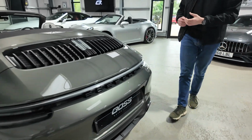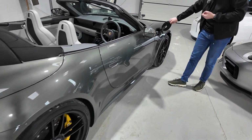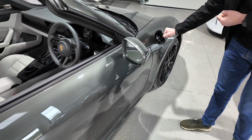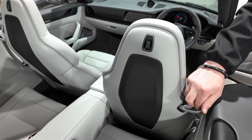And then we'll come around the driver's side. Before we jump inside, on the fuel filler cap, again, another lovely cost option is the aluminium fuel filler cap, the Porsche exclusive manufacturer fuel filler cap, which is a very nice touch. And then we'll jump on the interior, and what you're looking at now, if I pull the seat forwards to